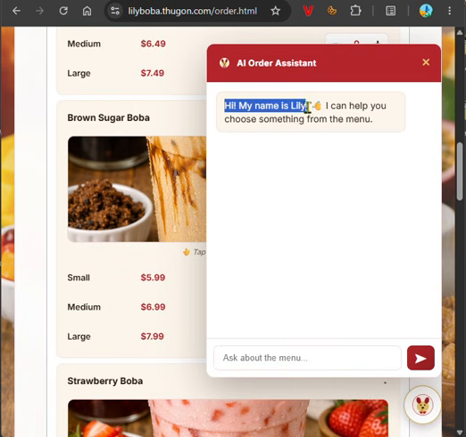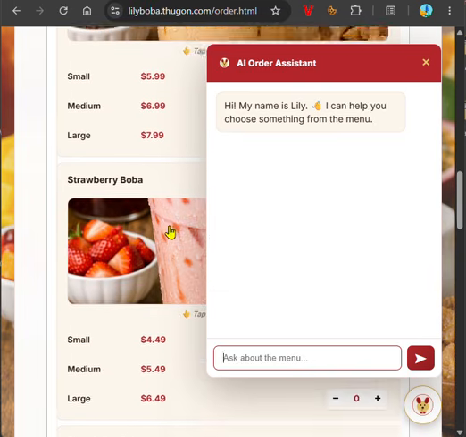So it's going to say, hi, my name is Lily. I can help you choose items from the menu. So let's ask the AI some question. And for the web cart, it's extremely helpful if you have an AI order assistant, because a lot of the time your customers will have questions about your menu, about what goes with what, certain options, prices, and instead of, if you have a very large menu, okay, here